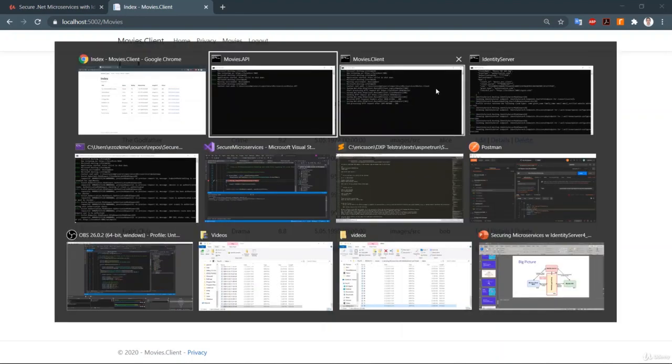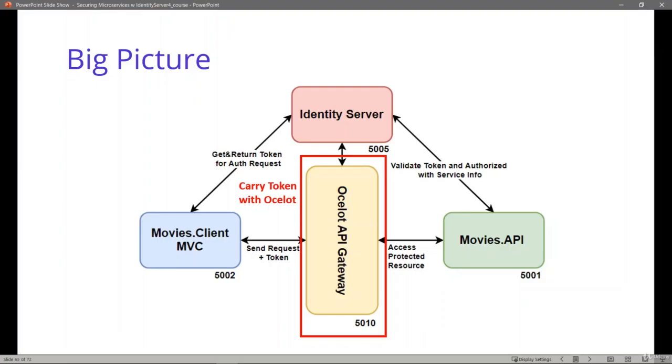Okay, let me explain better in the big picture what we have done so far. As you can see, we finally managed to complete all microservices in this picture and provide security using Identity Server for OpenID Connect and OAuth 2 infrastructures. We have a Movies Client MVC application.